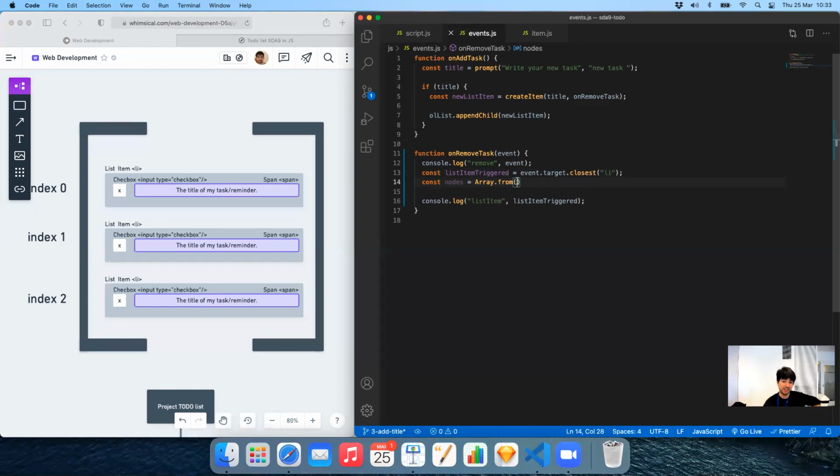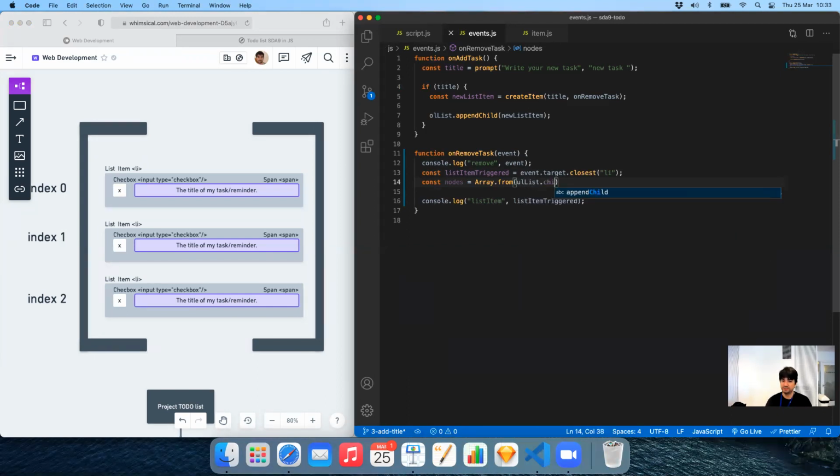JavaScript nodes are something that JavaScript can understand, and because it will become an array, we can iterate in an array. So we're gonna say ulList